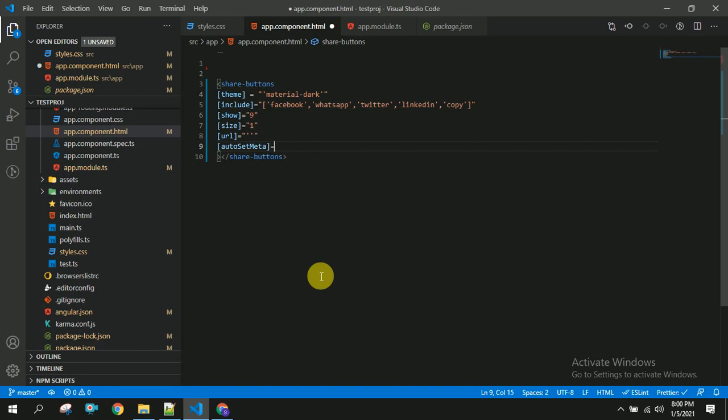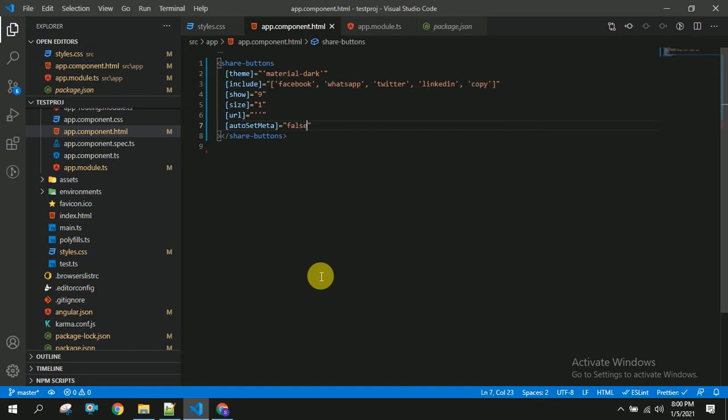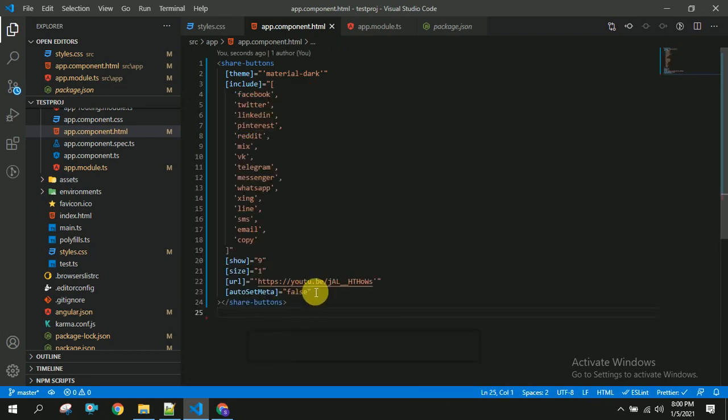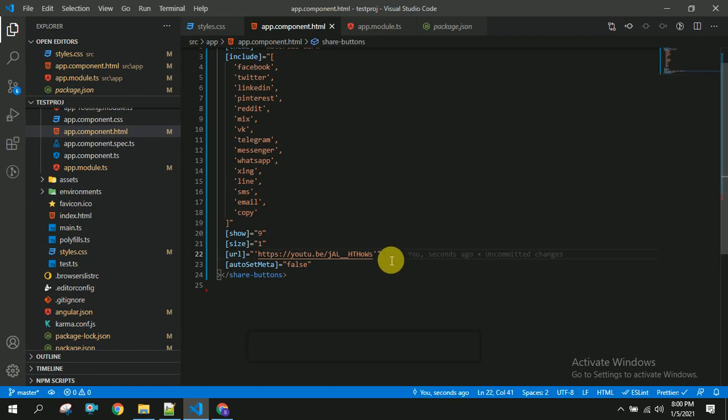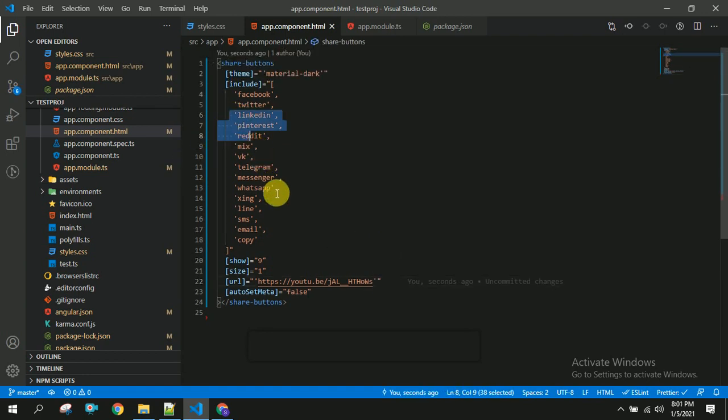We have to set it as false. And I am going to use my YouTube URL here. You can see here I have placed my YouTube URL link here, and I have included multiple icons. Based on your requirement you can remove some icons as well.